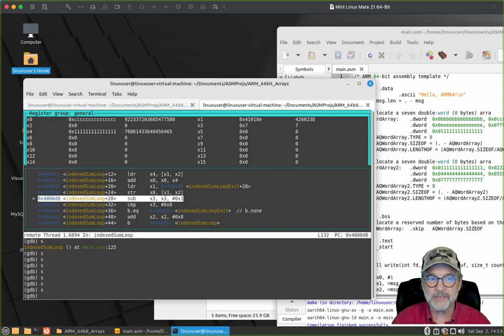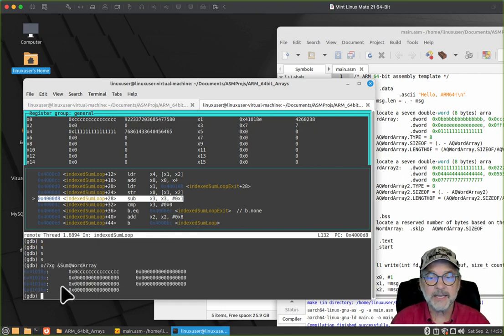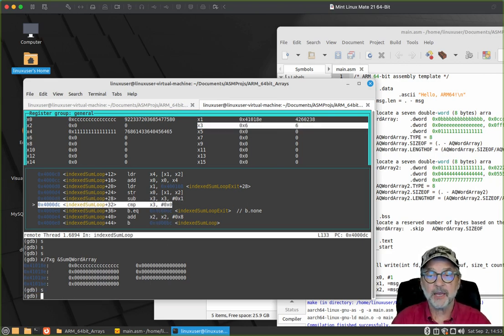Now, how do we know it's in there? Well, on GDB, I can do this. And I can see all 7 of the items in the sum keyword array. X means display memory. I want to display 7 hexadecimal. G stands for 8-byte values starting at some word array, and we can see that all C's was just put into that location. I'm going to check x3,